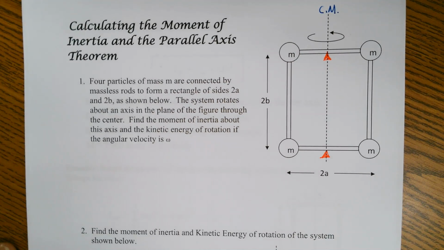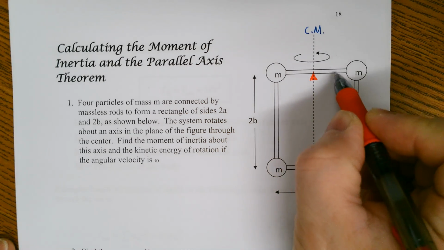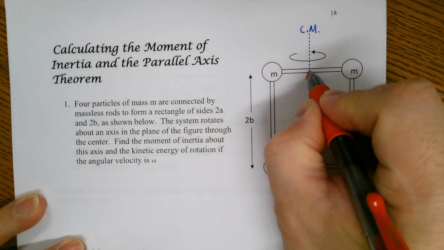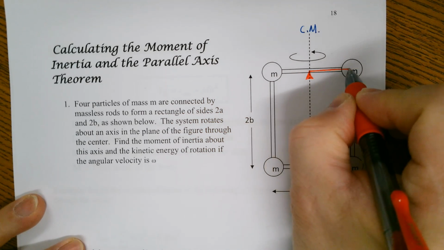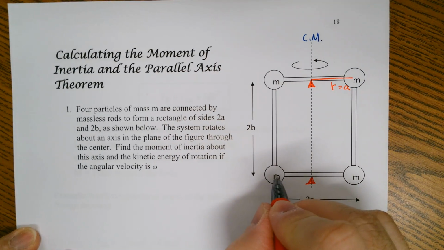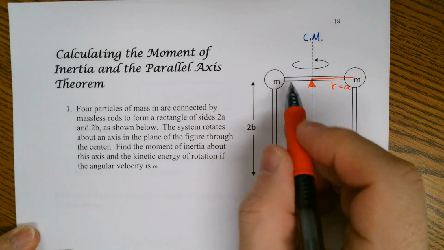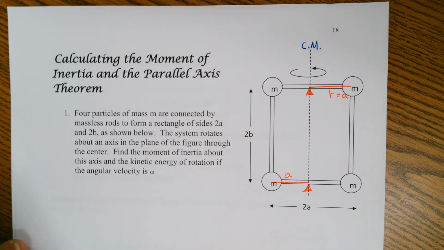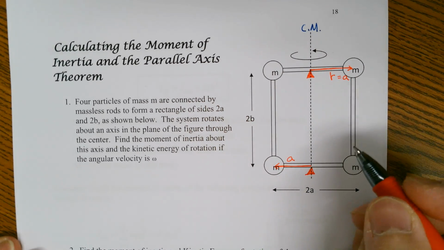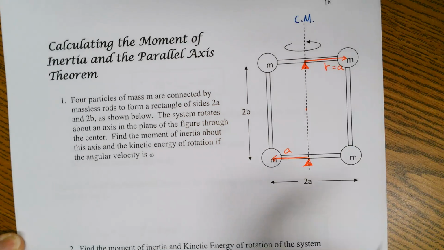So the distance from the pivot point to where the mass is located is r, right? So this r from here to here is equal to a, basically. And similarly, here to here is also a, and here to here is a, and here to here is a. I'm not going to write those in. So if you were to think about how this axis goes through the center of mass of the whole system,